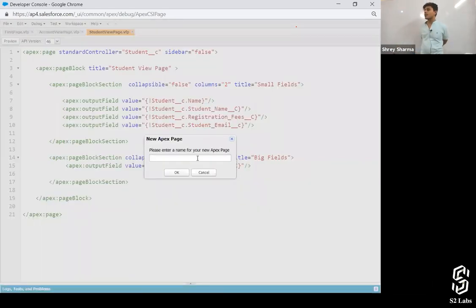Can you also create one? Related page blocks. Well, I can. I mean, related page blocks means like two page blocks in a single page. Related list, are you talking about? Related list, there is a separate tag for related list. I'm going to come to that later. Only let's create account,